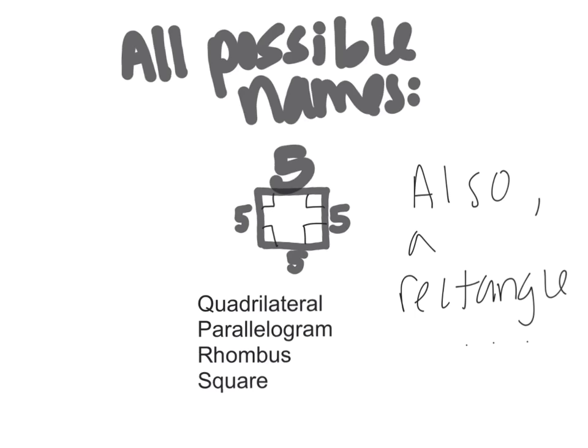And for those of you that don't remember what a parallelogram is, a quadrilateral has four sides, and a parallelogram is just that the opposite sides are parallel and congruent. So in this case, this would be a parallelogram, and it would also be a rhombus because there are four congruent sides, and obviously this is a square because we all know what a square looks like, and I kind of mentioned this before, but this would also be a rectangle because a rectangle has four right angles,